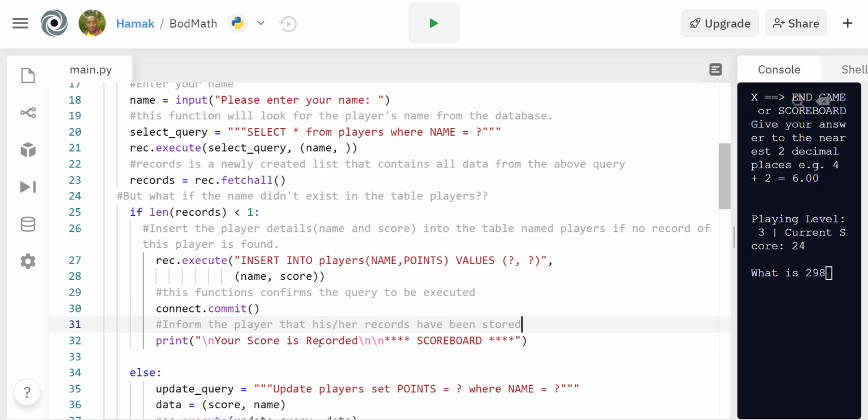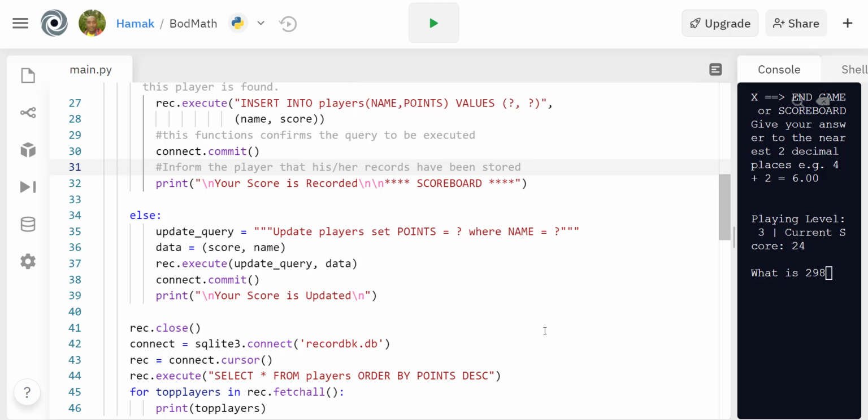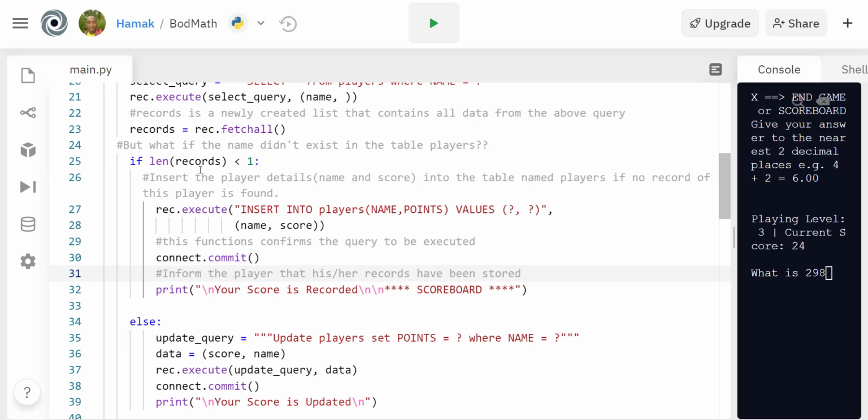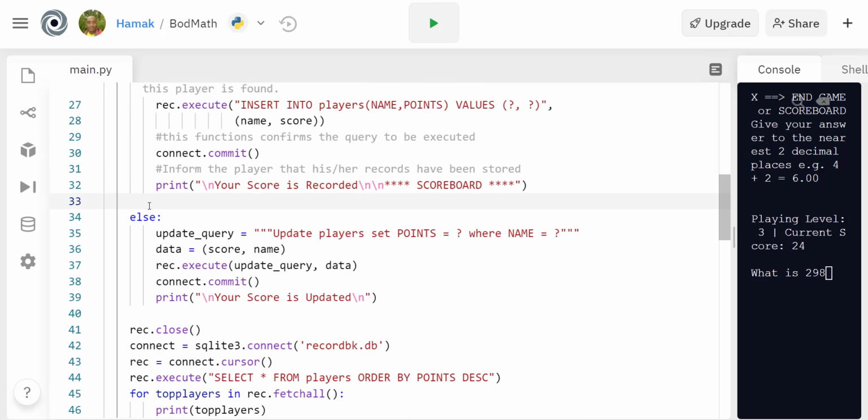Okay, store recorded. Then scoreboard. Remember, it's going to show the scores. But that happens if the name didn't exist. That's when you insert the new record. If the name was